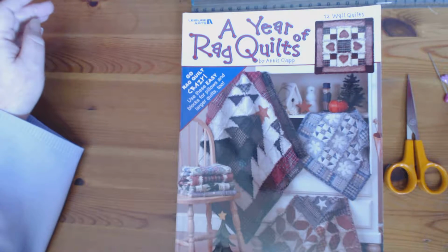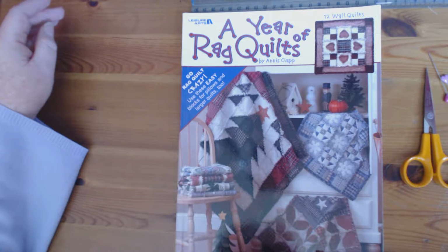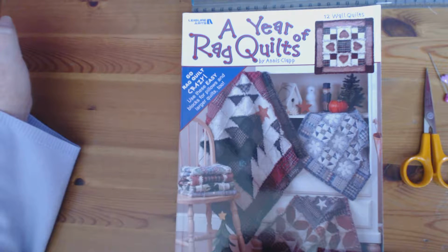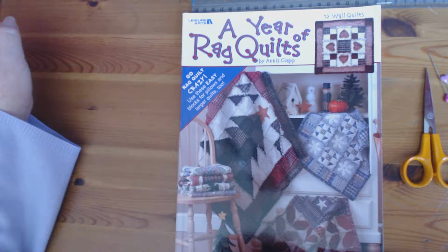Hello, today's video on Susie Makes is all about how you can make a rag quilt of your own, at least the steps in order to make one anyway. Now, I haven't got a completed one to show you, because the only one that I did have, which was a king size bed raggedy quilt, my sister took a liking to, and the rest is history,